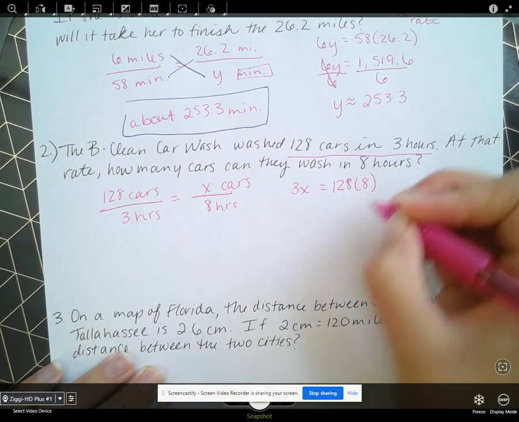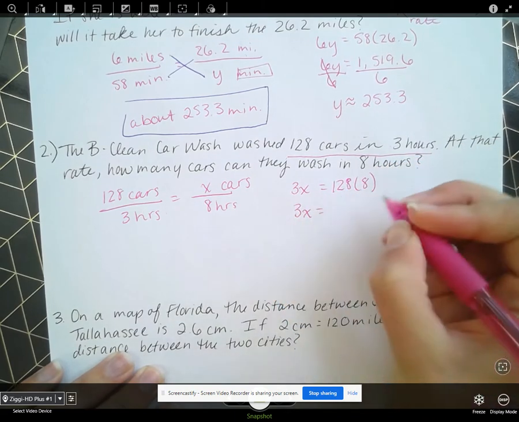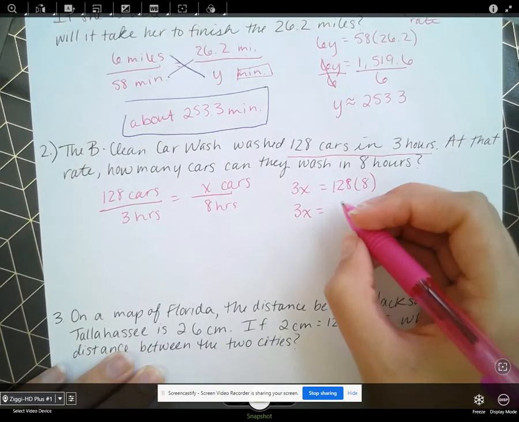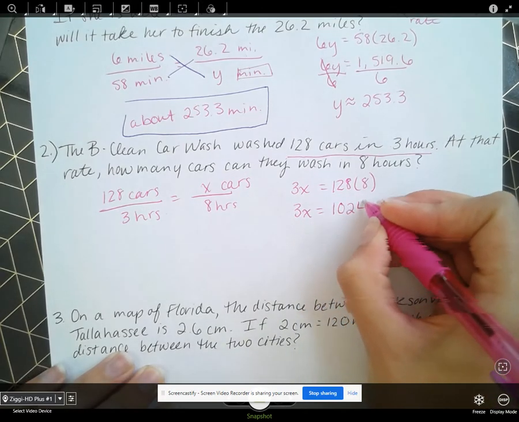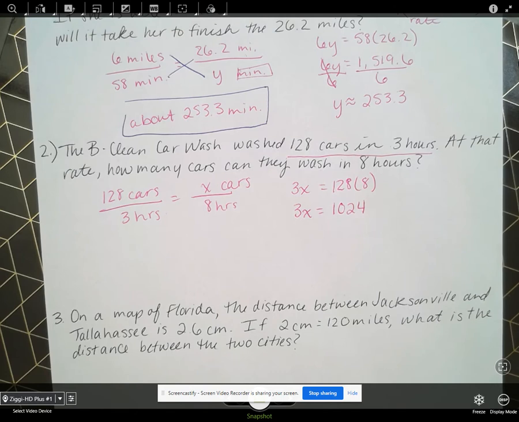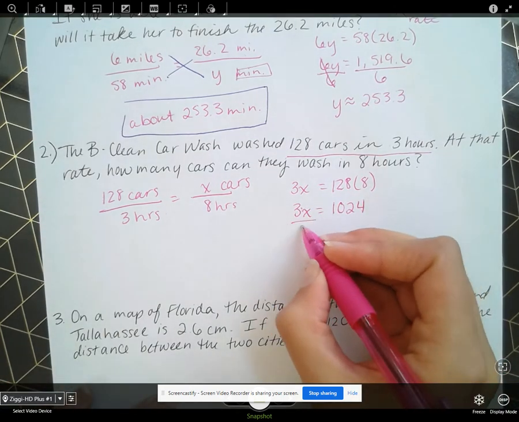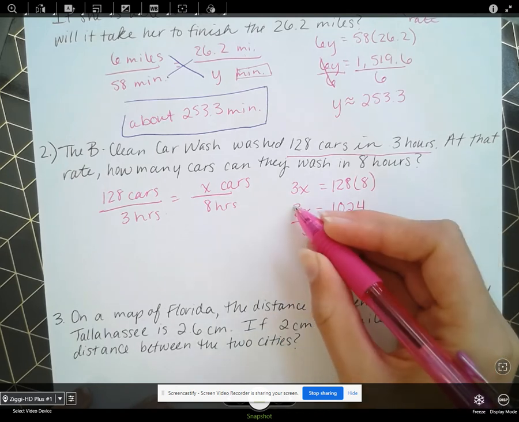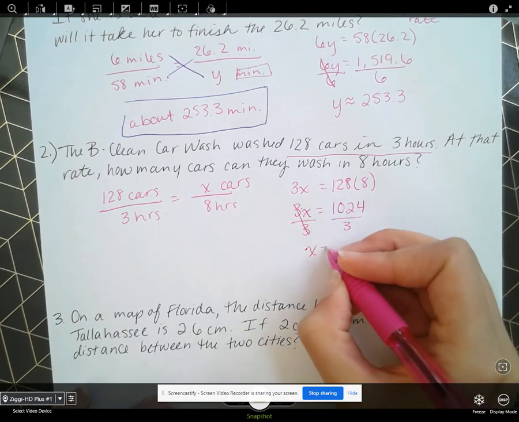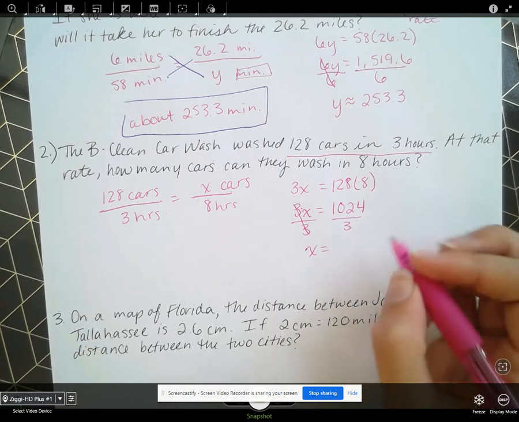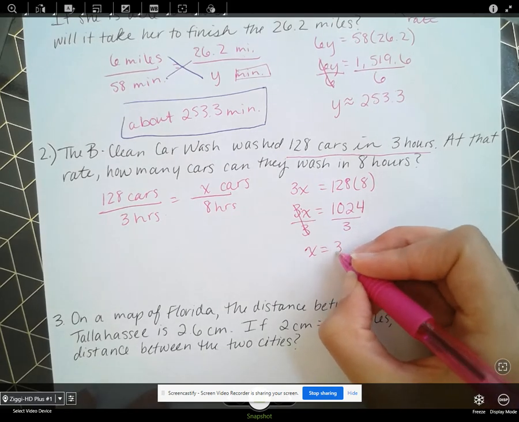All right, keep the 3x for now. 128 times 8 is 1,024. And now I'm just solving for x. To undo the multiplication by 3, I divide by 3, and I do it to both sides. Those 3's will cancel. I'm left with x equals, all right, if you do this in your calculator, you'll get